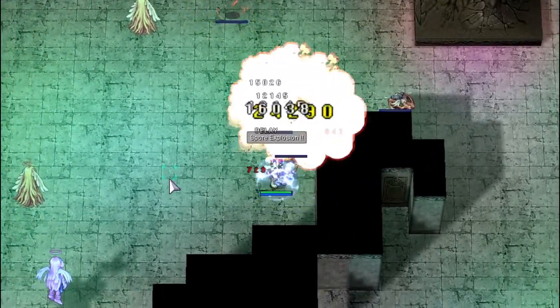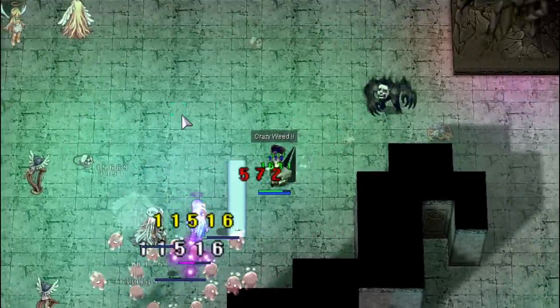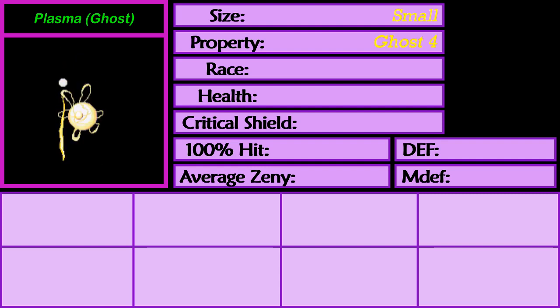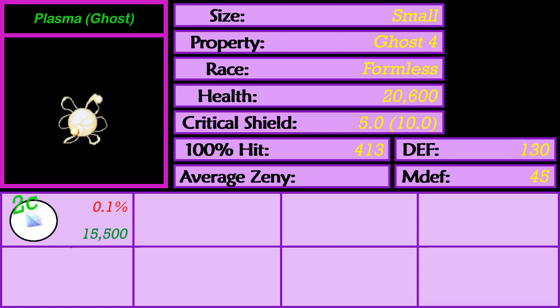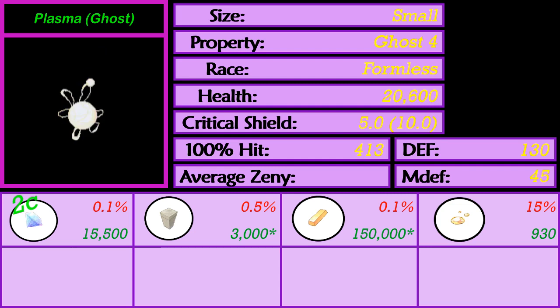This is the first ghost monster that has 4 copies of the same monster. So there aren't 2 different versions on this floor, meaning none of them drop old card album, Goibni's equipment, or fragments. Ghost Plasma are ghost property formless monsters with 20.6k HP. Their important drops are 2 carat diamond, gift box, gold, and light granule. Their average Zeny per kill is